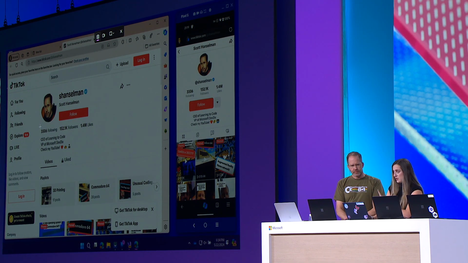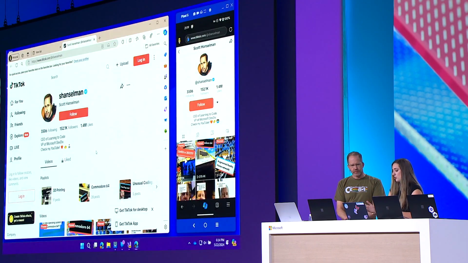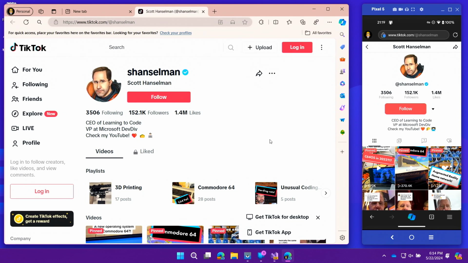Not phone related, even cooler. Snipping Tool, Win-Shift-S, I use all the time. I did not realize that they keep adding features to it, because I just use it to take screenshots and call it a day.